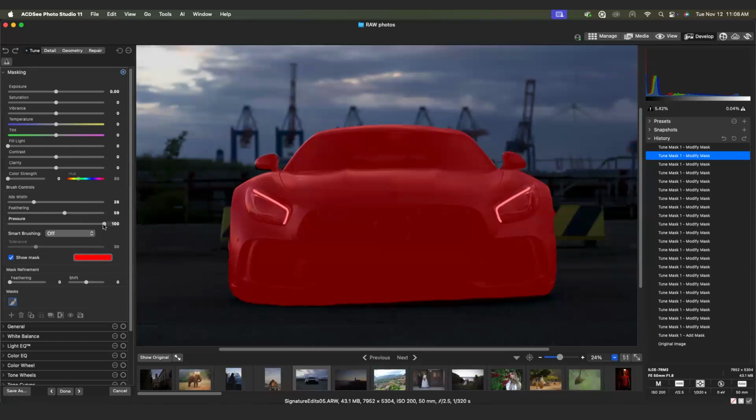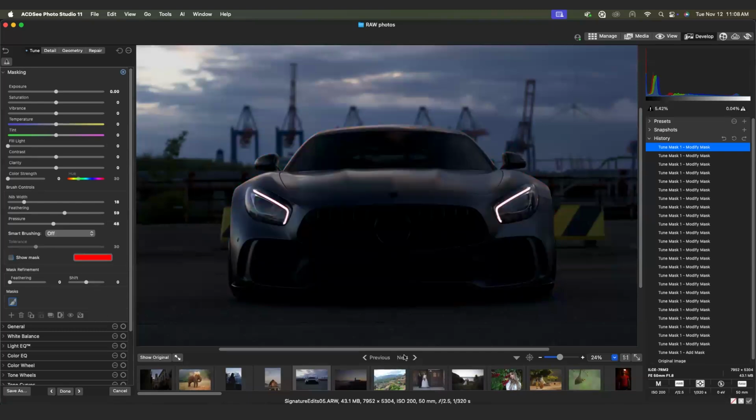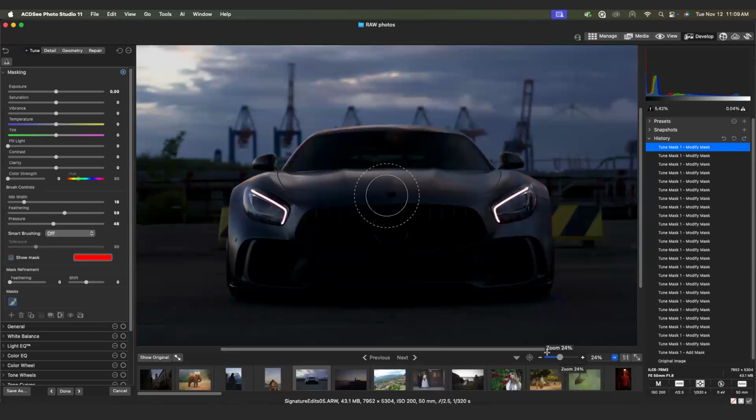So if you have pressure at 100%, then you're affecting that area completely. If you have pressure at 50%, then you will see that that red is a little bit more dim than the red on top of the car. And so whatever we do with these tools right here, with these sliders, will affect what's in red. Okay, so I will hide my mask, and obviously this car needs to have more light,